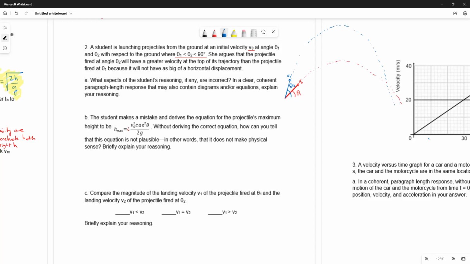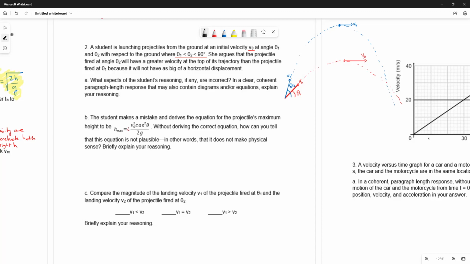But at the very top of the trajectory, we're being asked which one has a greater velocity. At least the student is trying to argue that number 2 would have a greater velocity. Well, at that point, and this is something you need to be clear on, you always have just the horizontal velocity, right? So its velocity at that point would just be its velocity in the x direction. The same is true for the other one. We'll see that its velocity is greater in the x direction than the blue one, or number 2 there, because